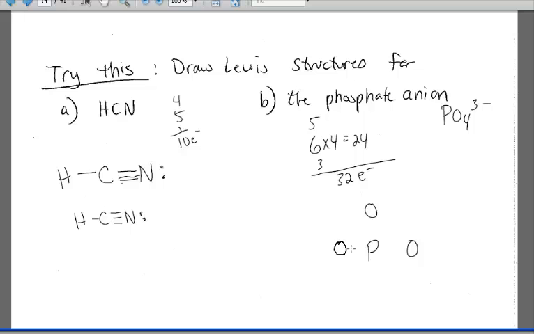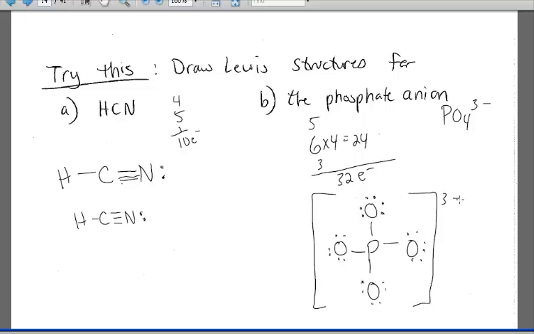The phosphorus has to go in the center because it's the least electronegative, and you can draw single bonds, and you can draw lots of electrons around the oxygens. Make octets around all of them. You have an octet around the phosphorus. Actually, this is a valid Lewis structure for what we've shown you already, although it turns out phosphorus actually does have more than an octet in the phosphate anion, but this is a perfectly valid Lewis structure